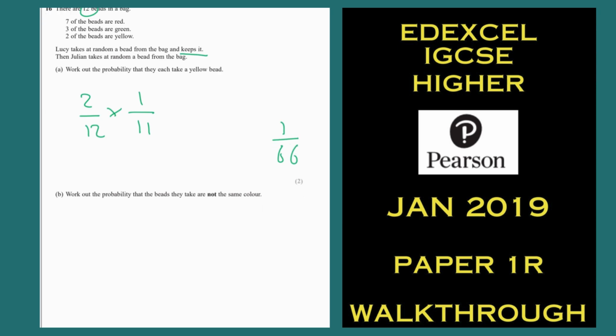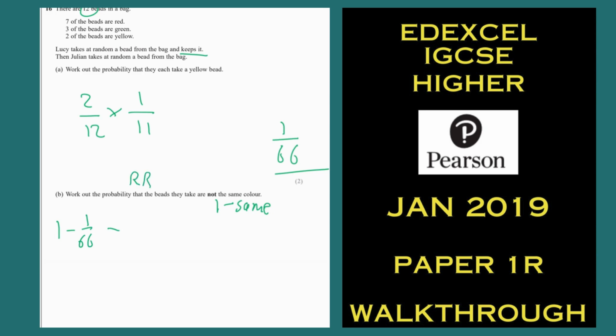Now part B, there's a couple of ways of going about this. I think the slightly longer way is just to take it as red. Just do not the same colour. Just go red, green and double it. Just go green, yellow and all that. I prefer to go not the same colour means 1 minus the same. And the reason I think it's easier is we've already done one of them. We've already done yellow, yellow. So we can do 1 minus yellow, yellow. And then we need to take away